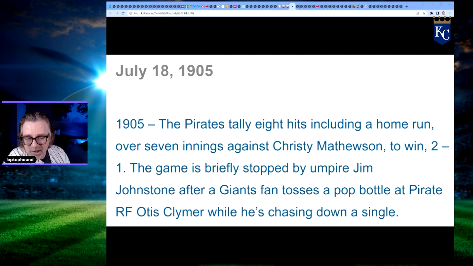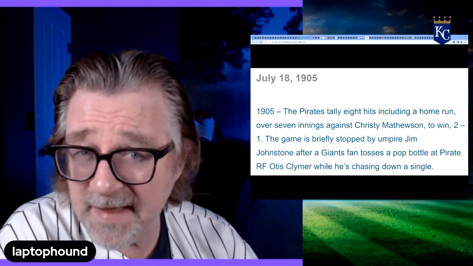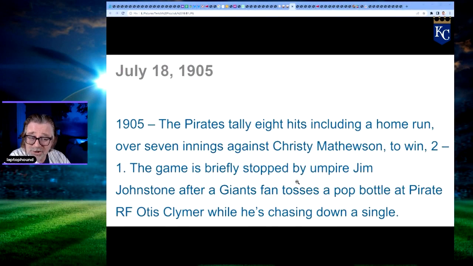But this is the fun fact. The umpire, Jim Johnson, would stop the game briefly because a Giants fan, Ezra, a Giants fan would toss a pop bottle at a Pirate, Otis Clymer, while he was chasing down a single. Pop bottles were thrown even back then. It was probably a Coca-Cola bottle. So yes, the fun fact on this day, 118 years ago, Christy Mathewson loses, which was a rare occurrence, and the game was stopped for some fan